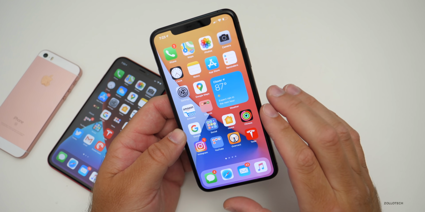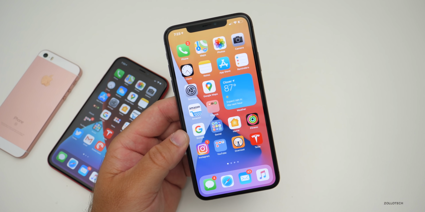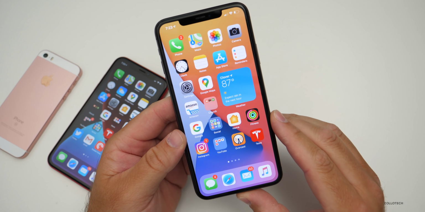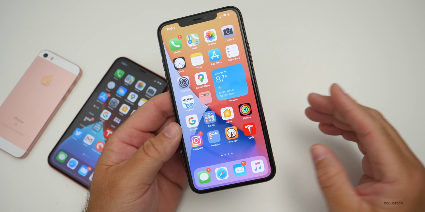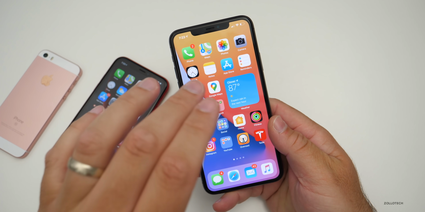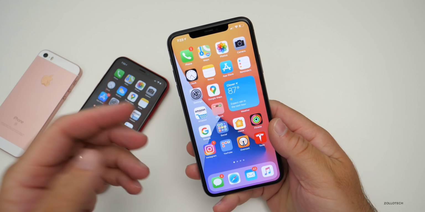So that is everything in iOS 14. There may be some extra things in the future, some extra settings, but those are all of the major features with iOS 14. Now be sure to check back for the iPadOS video. I'll cover just what's new other than what I've covered here. You do get the widgets and everything else.